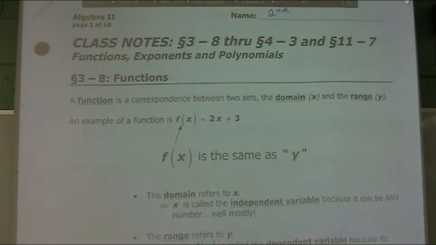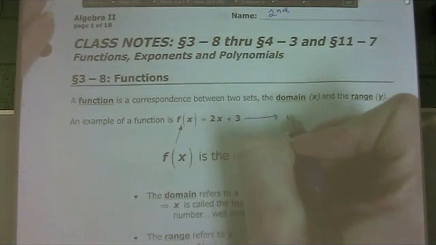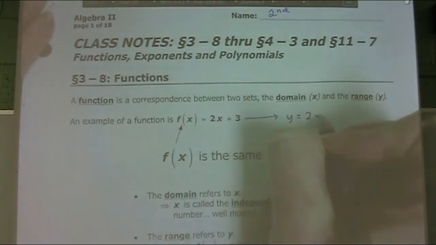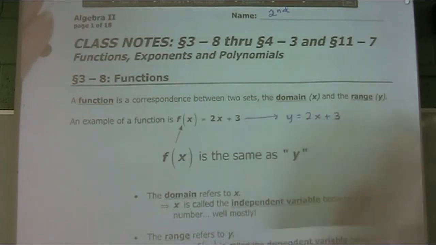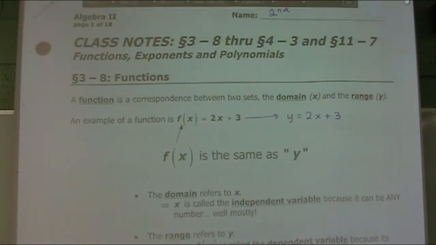Now, f of x is just the same thing as if a y was there. So this might be the same thing as y equals 2x plus 3. But instead, we're going to talk about this in terms of functions, because as you get into higher math, you're going to work with functions more than equations. So this function, f of x equals 2x plus 3. In this function,